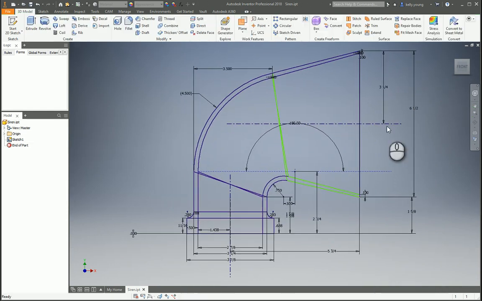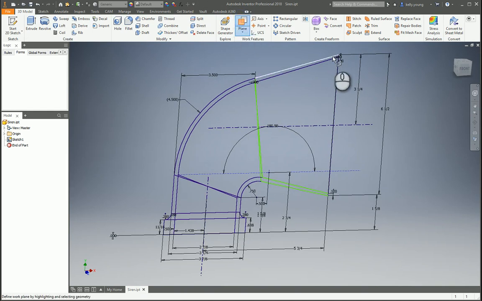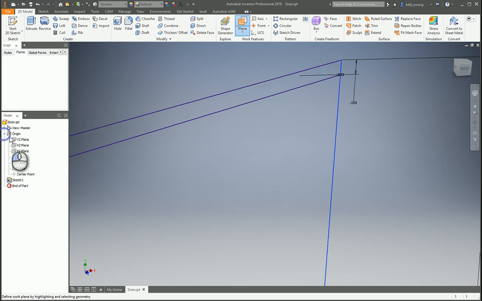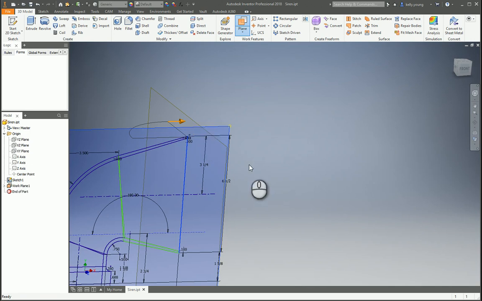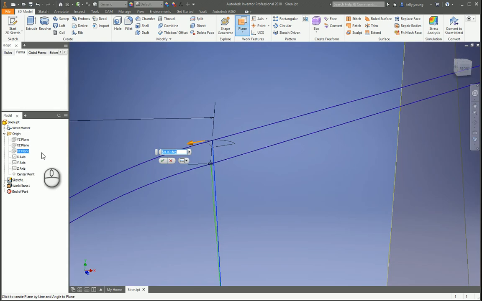Okay, so now we have our lines that are on the outside. Easiest way is go up to plane, and let's do the outside ones first. So select the outside line, go to the origin, and just select the XY plane. So what that does is it's here, and it'll ask you for 90 degrees. Just hit enter, go to the next one, it's 90 degrees,